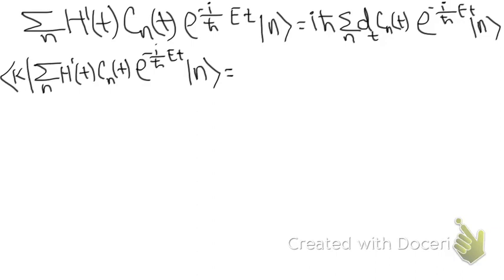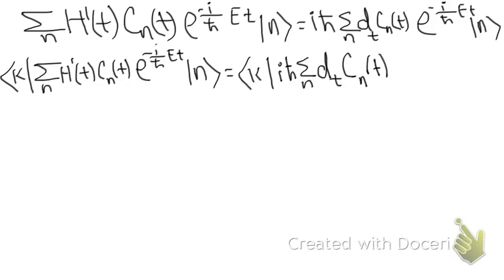So the right-hand side is equal to, I'll have my ⟨k| over here and then again all of this, right? So iota h bar, sum over n, time derivative of my expansion coefficients times my exponential negative iota over h bar E_n t and my state |n⟩. Okay, so when we do this, then all of this thing over here will be equal